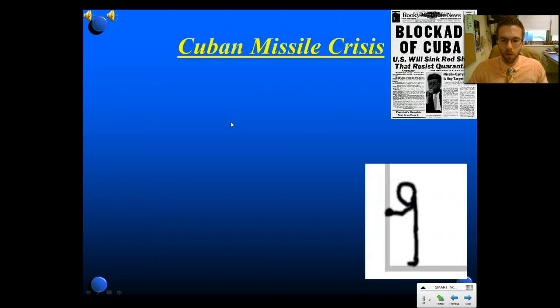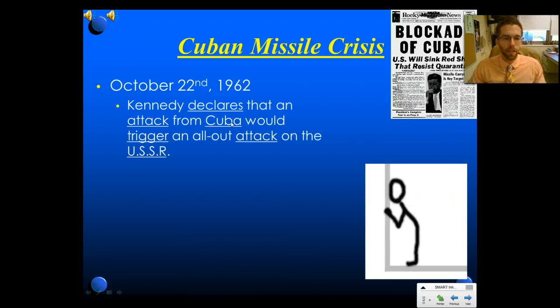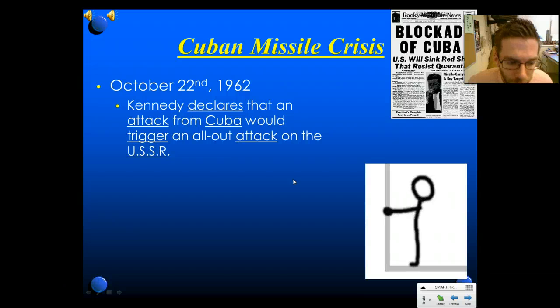All right, and what is Kennedy going to do? So he says, if Cuba messes with us, it's straight up World War III. We're dropping bombs, okay? We'll bomb the Soviet Union. We'll bomb anybody who's an ally. Remember, you got NATO, you got Warsaw Pact. Boom, it's on like Donkey Kong, okay?